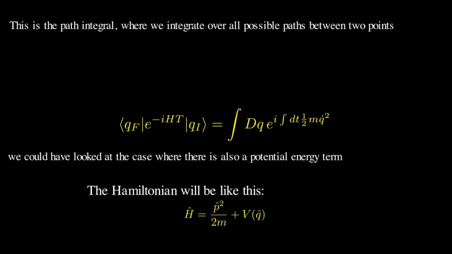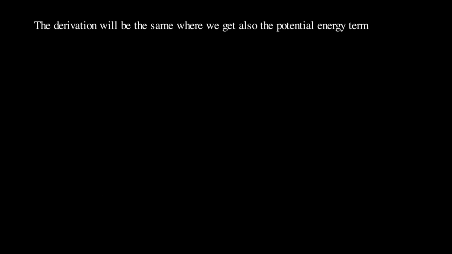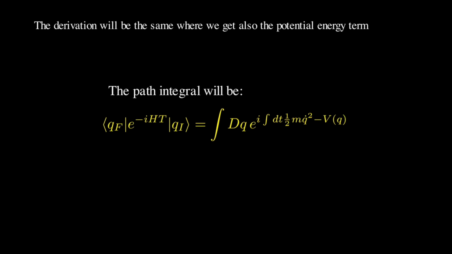And the derivation would be exactly the same, because this potential does not really act on momentum states, it is just some function of position. We will then get the same form, as you can see now. So the derivation will stay almost the same, and the integral will be something like that. So it will be the path integral, where we have e to the i of the integral over time of the kinetic energy minus